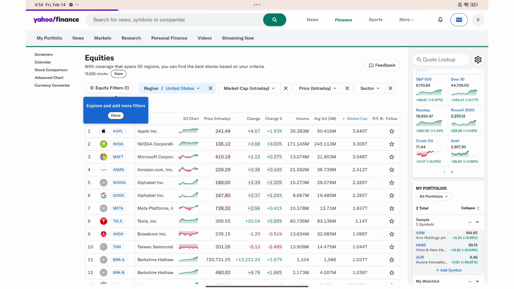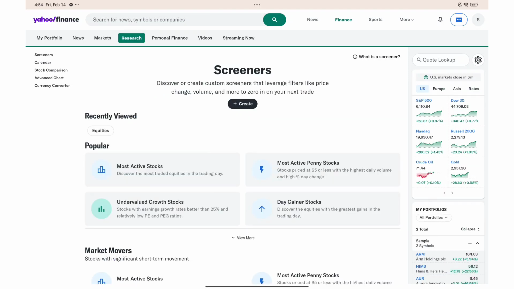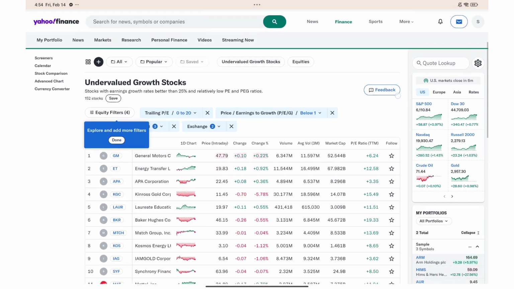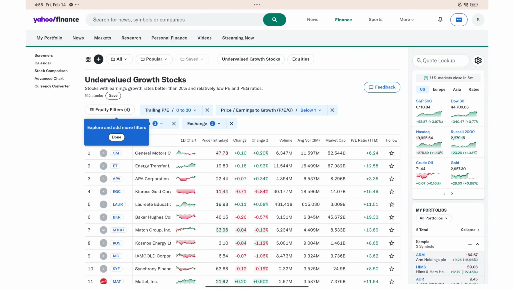Customize your filters to find high growth stocks, so you can set criteria such as revenue growth, earnings growth, price earnings ratio, and market cap. Make sure to apply the filters and analyze the results. So review the list of stocks and conduct further research on each one to ensure they align with your investment goals. And that is how you can basically find high growth